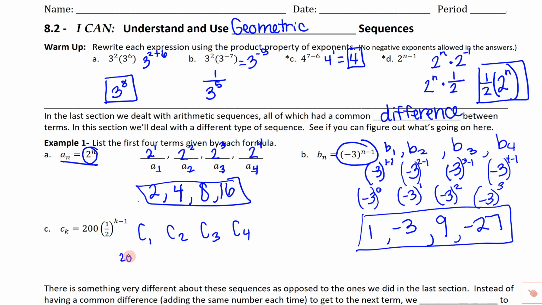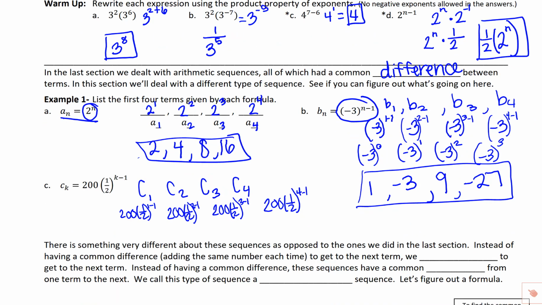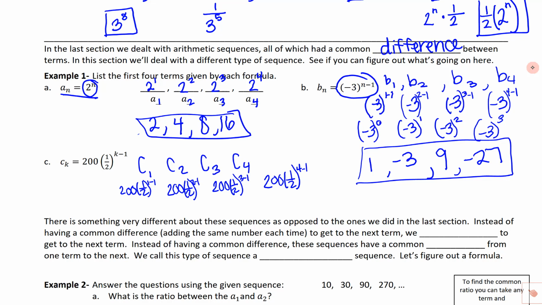So 200 times 1/2 to the 1 minus 1. 200 times 1/2 to the 2 minus 1. 200 times 1/2 to the 3 minus 1, and lastly 200 times 1/2 to the 4 minus 1. Okay, so